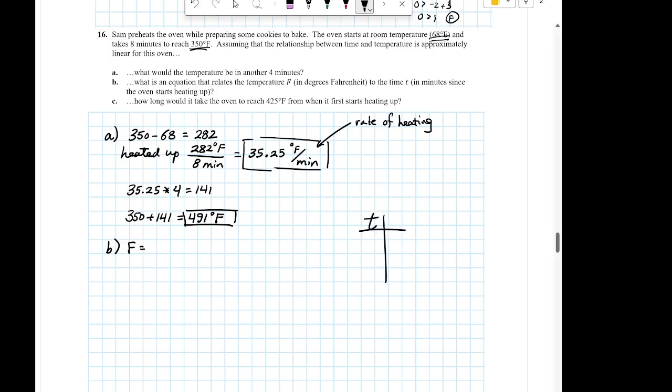When time is 0, what's the temperature in Fahrenheit? So at time 0, the temperature was 68. And at time 8, it was 350. And what we figured out was that if we did 350 minus 68 and divided it by 8 minus 0, we got 35.25. That means this thing right here is the slope,